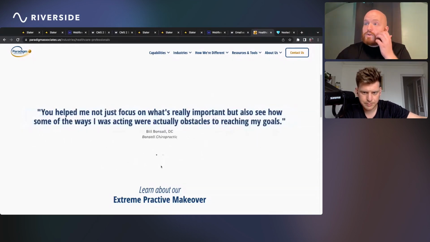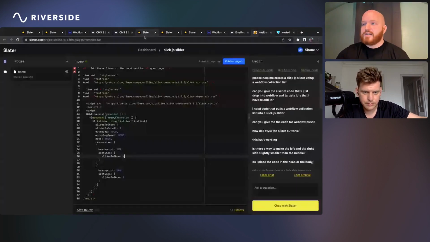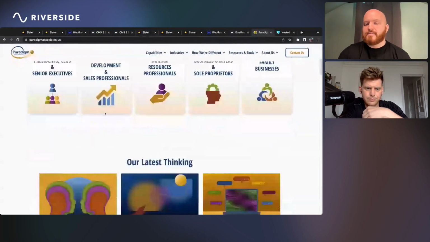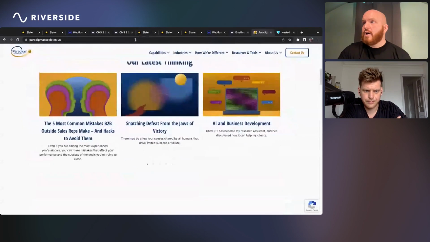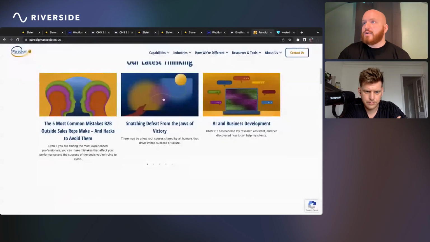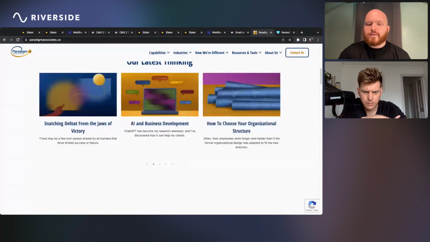So this page specifically is still Slick.js, but I only wanted one to show. So in the code, slides to show was one, and then on every breakpoint it was also one. On that home page CMS, three are showing, which is what you see here, and then two, and then one if we were to scale this down.